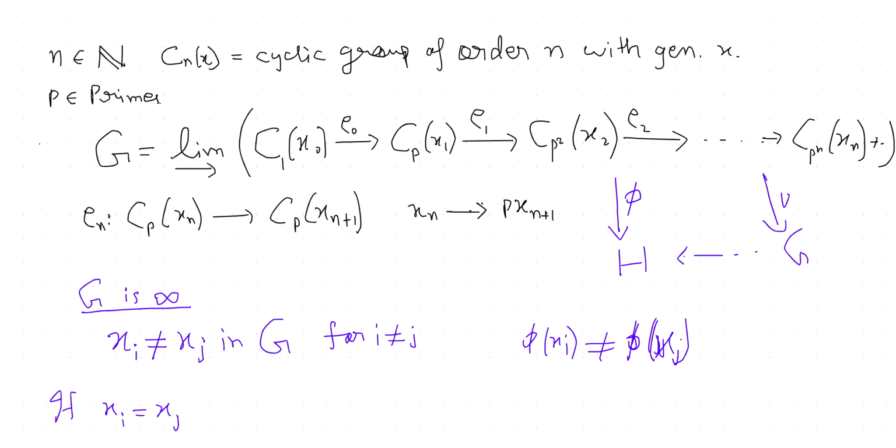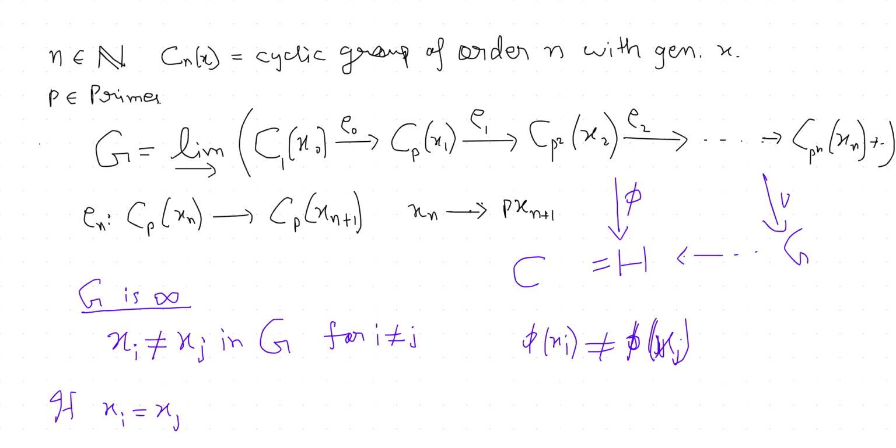Yes, let's say that if xi is less than xj, then you could maybe simply take this to be